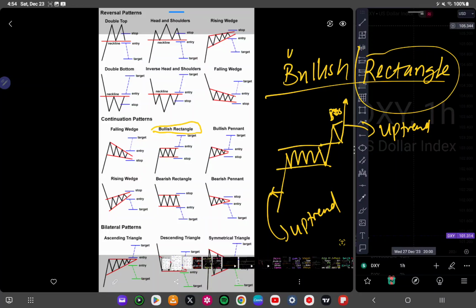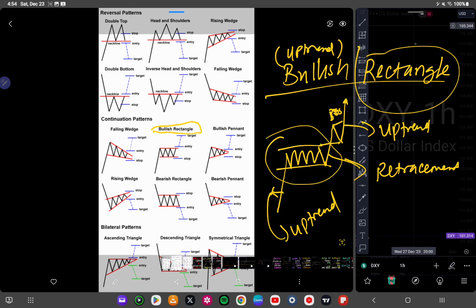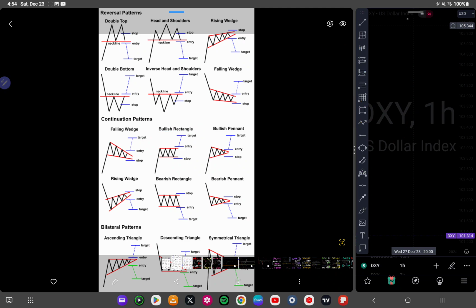So that is why they call it bullish. Bullish is just uptrend, right? I'm just going to say this for those that are new to trading. Bullish is also uptrend. So we can see a bullish rectangle, meaning it's going uptrend, and the retracement forms a rectangular shape. That's why they call it a bullish rectangle. So now we have the bearish, just the opposite, like I said, the bearish